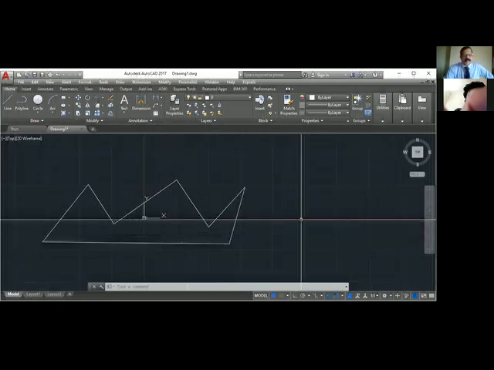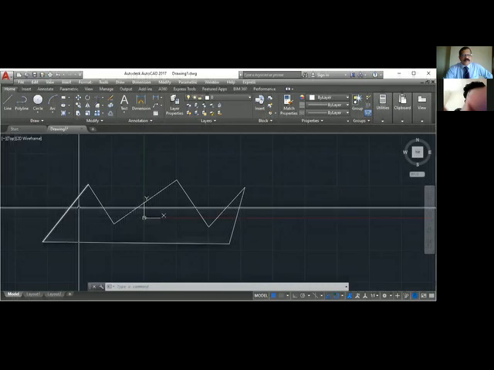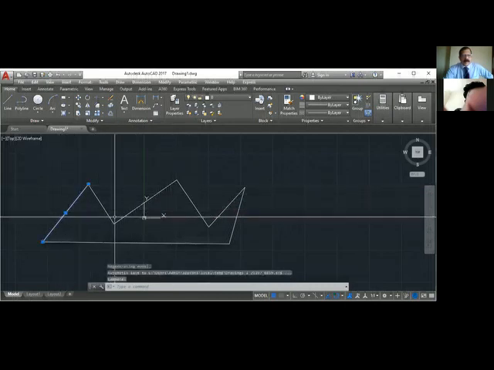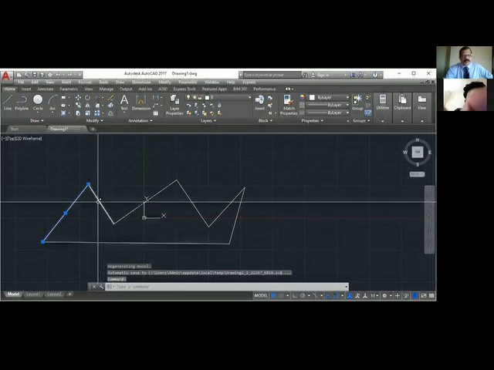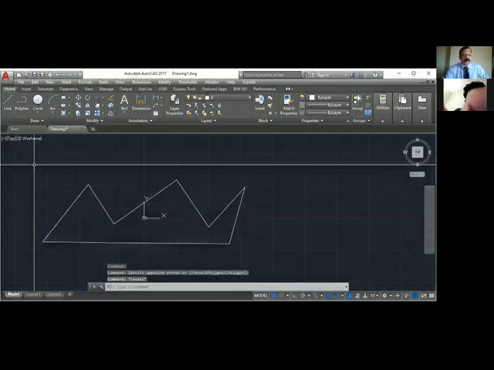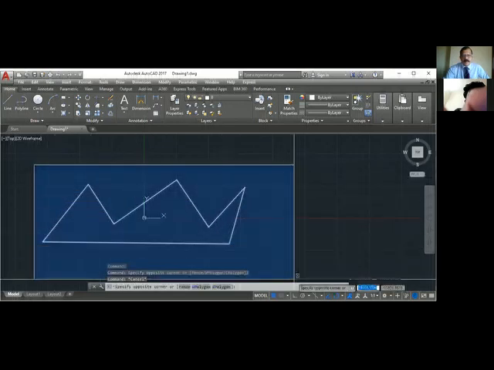Okay. Now let us see different methods by which you can select objects. We have seen only one method: click one by one. That will take a lot of time if you have so many objects. The second method is you can just show a window.